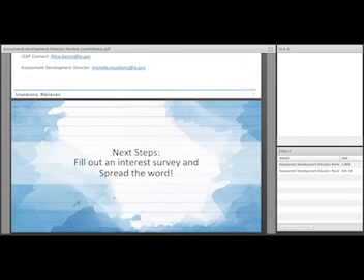And so what we really need is for you to get out there, fill out an interest survey, and try to recruit 2 people each to fill out these surveys and just spread the word. Ask them to find people just so we can get as many people and the coverage that we need.